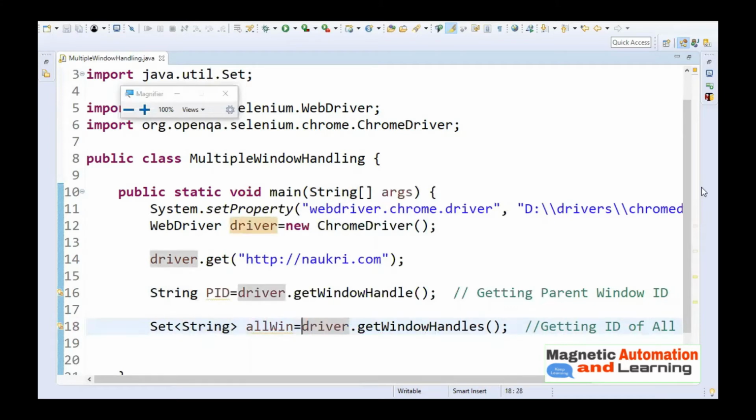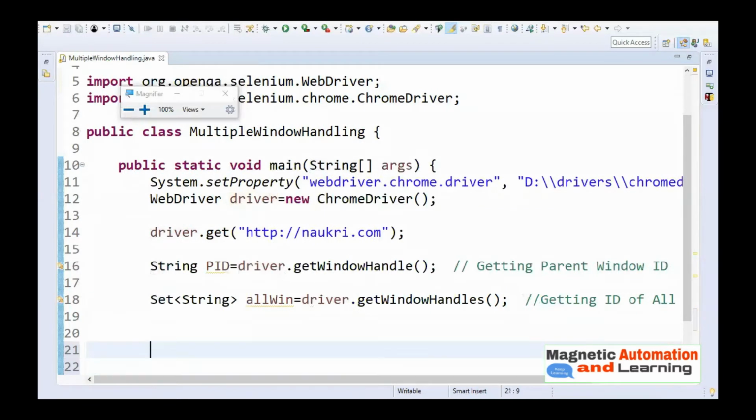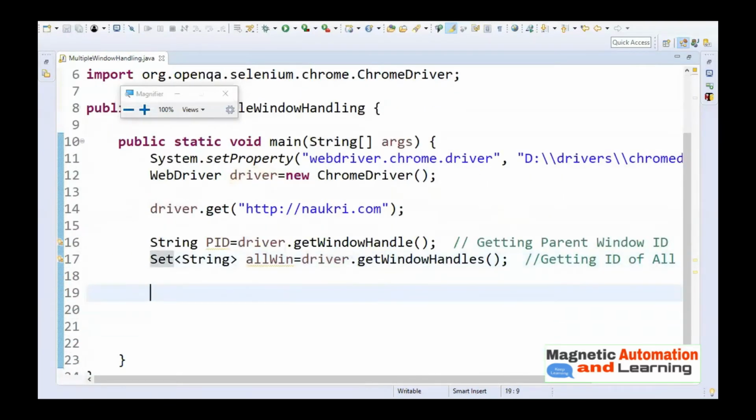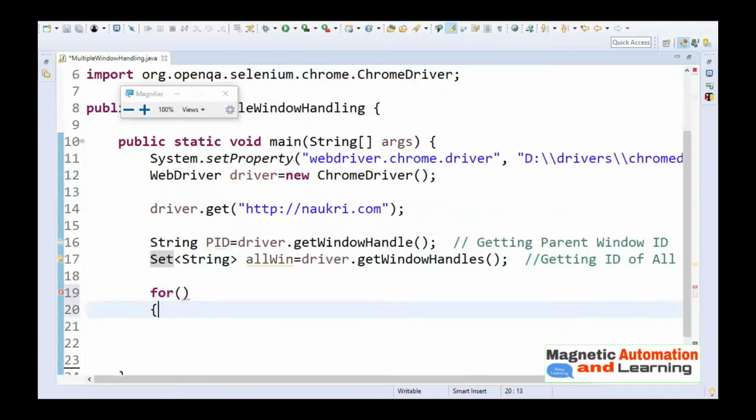Great. Now next, I want to first print the title of every window. Here I will use a for-each loop.